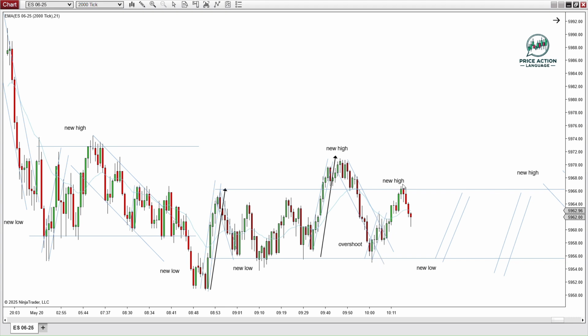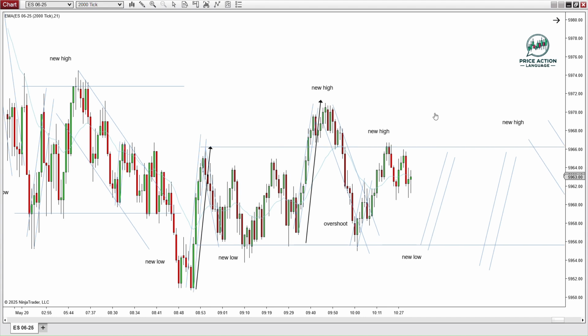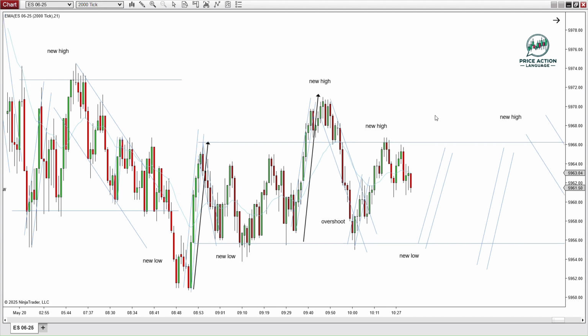We get a first entry short pullback, second entry short here, but it's already back at this resistance level, and we have the two-legged pullback breaking a new high. So if we get some failed second entry long below the EMA, it could be decent because we're coming off of this resistance. We most likely want to test this support level. But you can see we're back above the EMA again. So then it gets unclear again